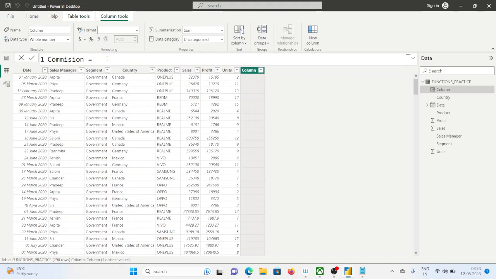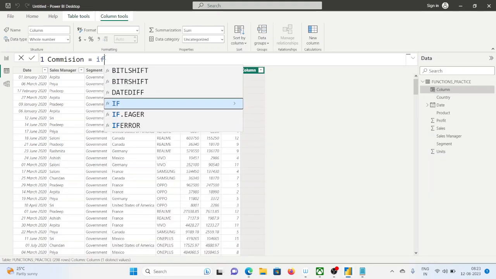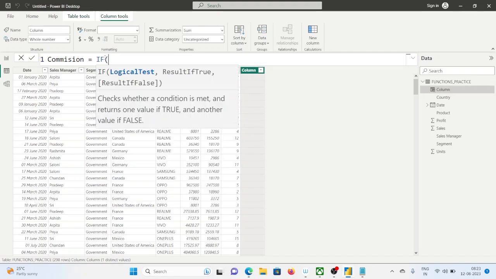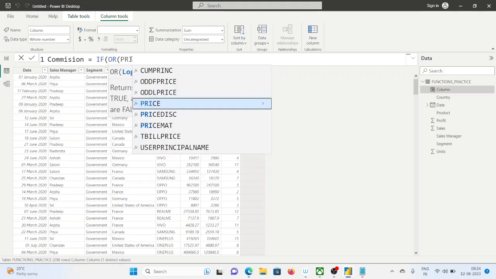Okay, so that means if you see here, there are 3 OR conditions, right? Okay, in if, within this logical test, the logical test which you see, we have to write. If we have now 3 conditions, in that case we can write OR. In Excel I have told you OR, right? Within OR, logical test 1, logical test 2. That means within OR, let's say product,